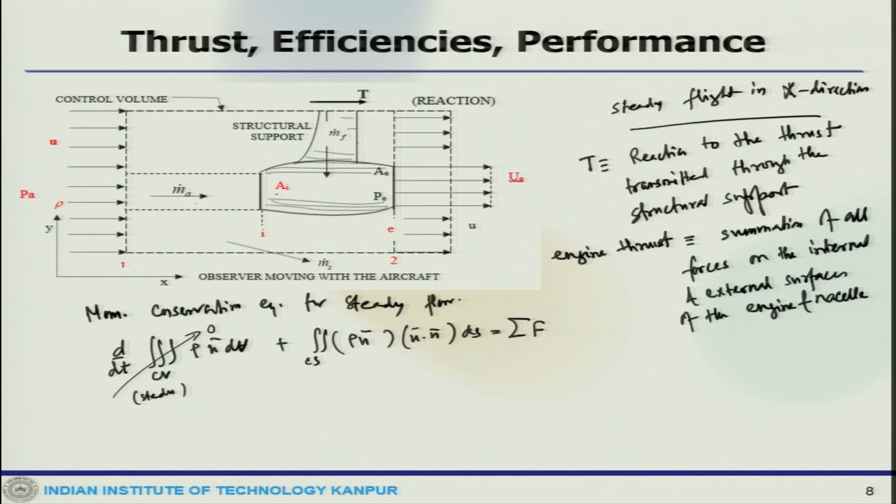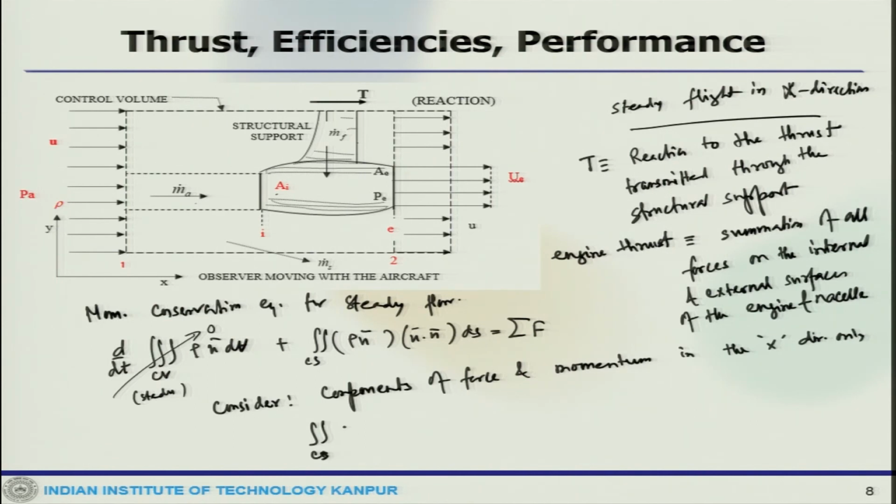Now, considering the components of force and momentum in the x direction only, we can write control surface ρ u_x (u·n) dA equals summation of F_x, and summation of F_x would be T plus A_E (P_A minus P_E),